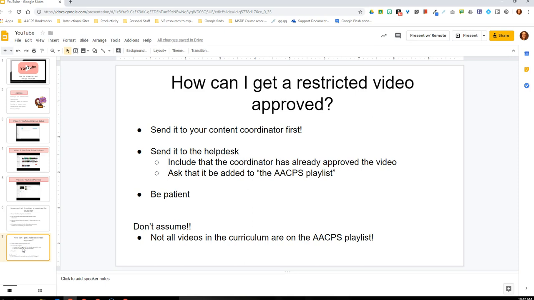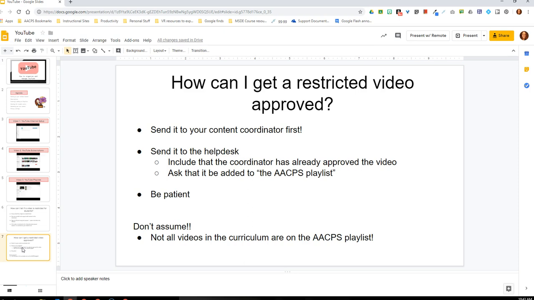How can I go about getting a restricted video approved? The first step is to send it to your content coordinator and ask them to approve it. You might want to include things like which unit in your curriculum, which essential question, etc., that it will go with. And then once you have approval from your coordinator, you're going to want to send that same request to